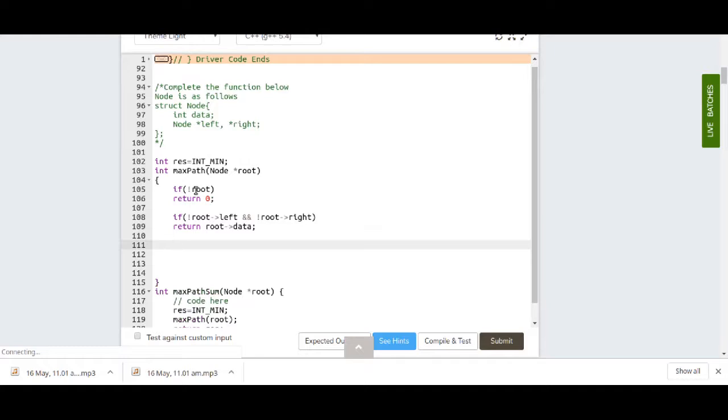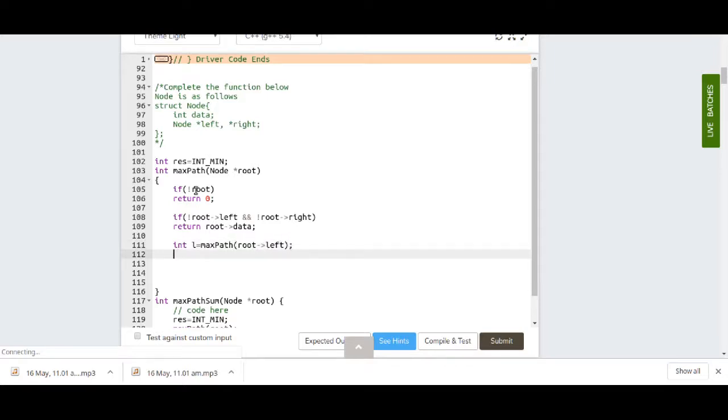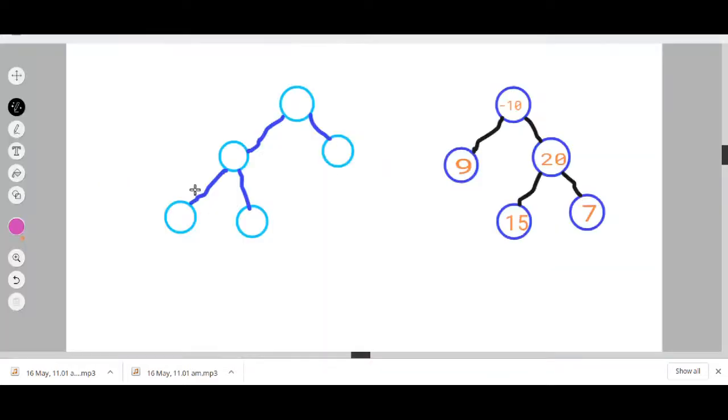And similarly we'll recursively call this function on the left subtree and the right subtree. So int L equals max path of root left, and then the same for root right.